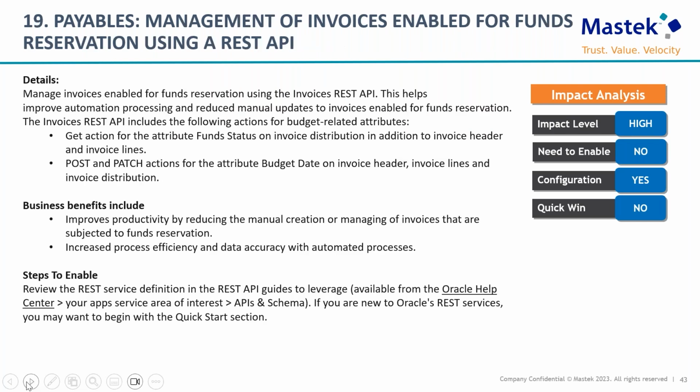The last feature in this category is from payables area, which is management of invoices enabled for funds reservation using a REST API. Invoices that are subject to funds reservation can be managed using a REST API. This REST API includes following actions for budget related attributes, which is action for attribute fund status and post and patch action for attribute budget date. This improves the productivity and efficiency